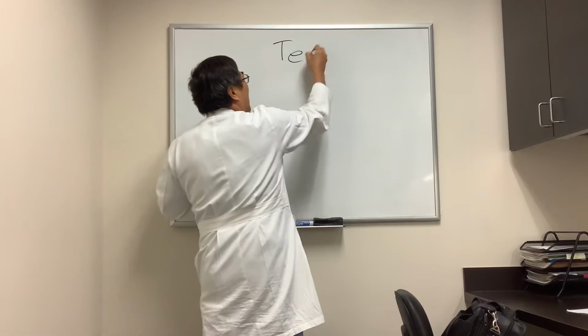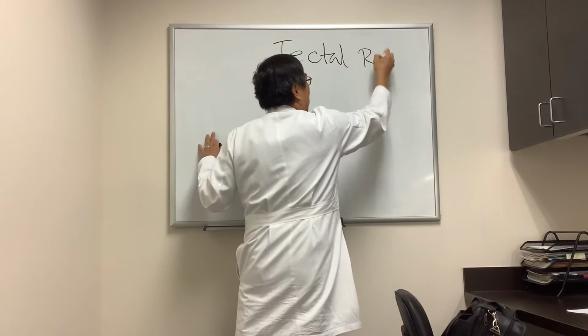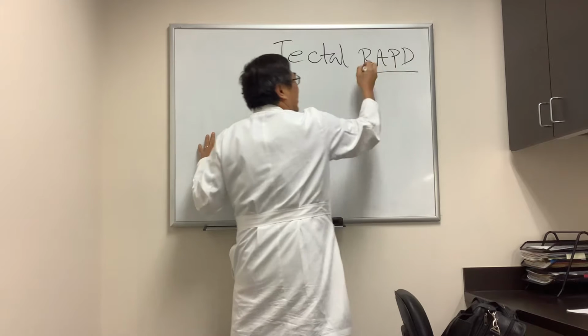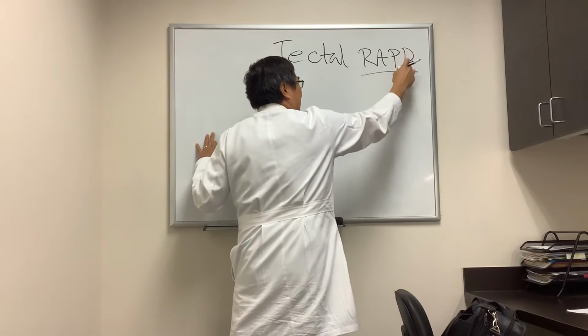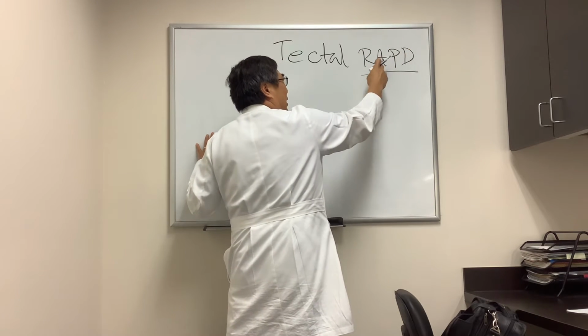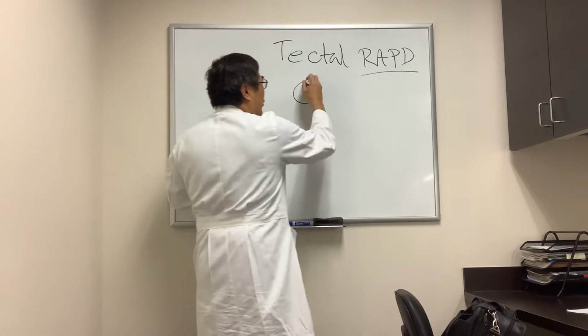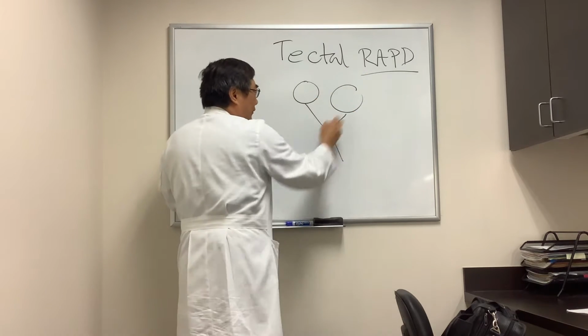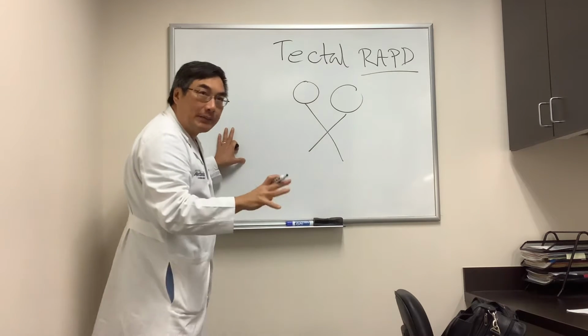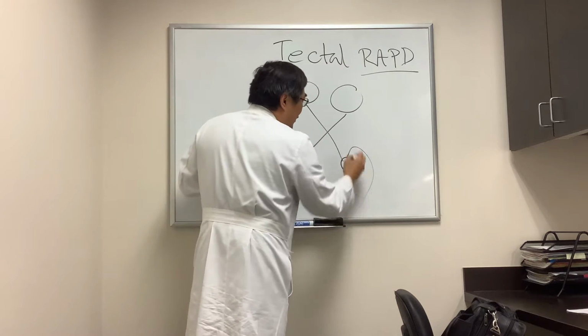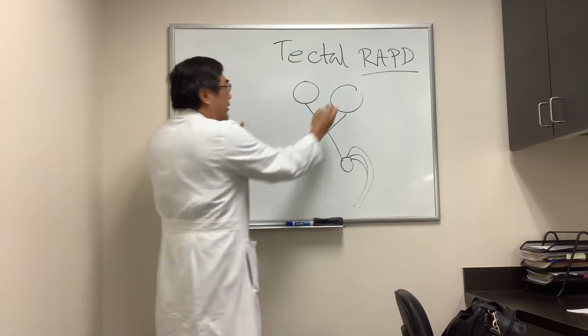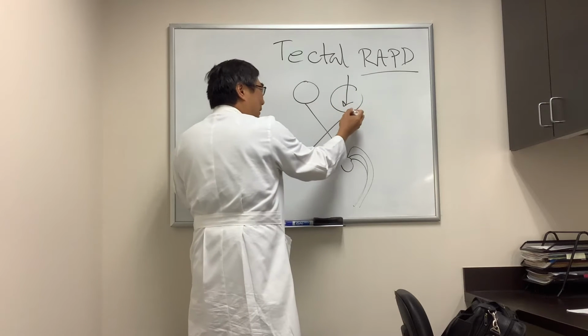So someone wanted to know about the tectal RAPD, and you should watch the video on the relative afferent pupillary defect. It's a defect in the pupil pathway on the afferent side relative to the fellow eye. And so in order to understand the tectal RAPD, you have to understand what the normal anatomy of the pupil looks like. And so the first thing you need to know is the light hits the retina, the ganglion cell,